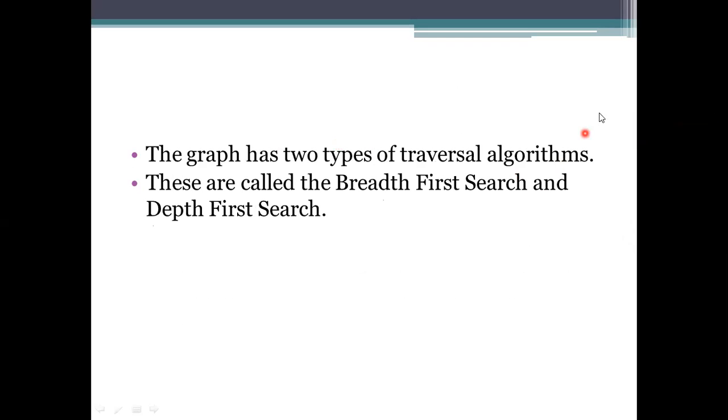So the first one, breadth first search, means we will go level by level. Consider a graph in this format.